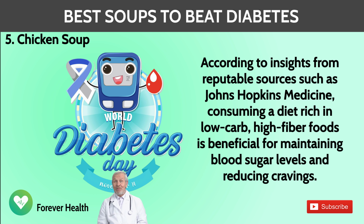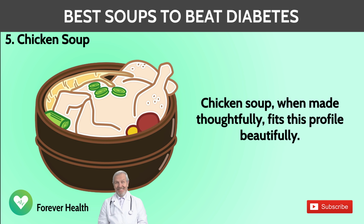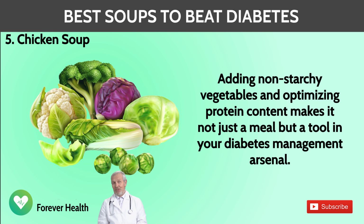According to insights from reputable sources such as Johns Hopkins Medicine, consuming a diet rich in low-carb, high-fiber foods is beneficial for maintaining blood sugar levels and reducing cravings. Chicken soup, when made thoughtfully, fits this profile beautifully. Adding non-starchy vegetables and optimizing protein content makes it not just a meal, but a tool in your diabetes management